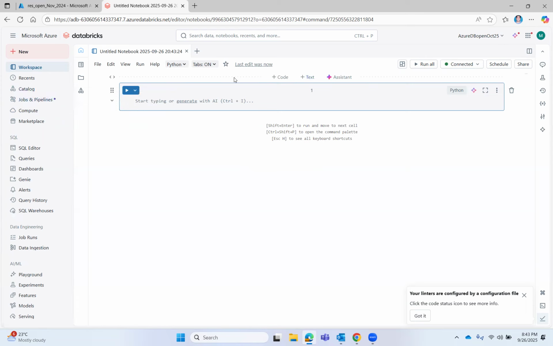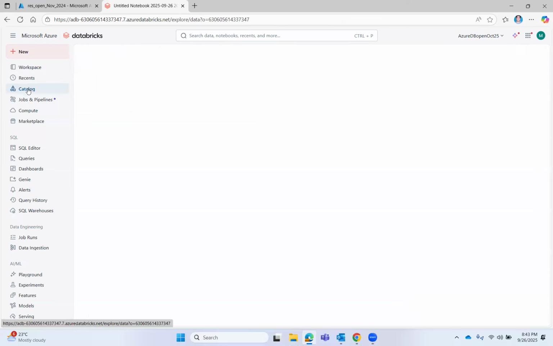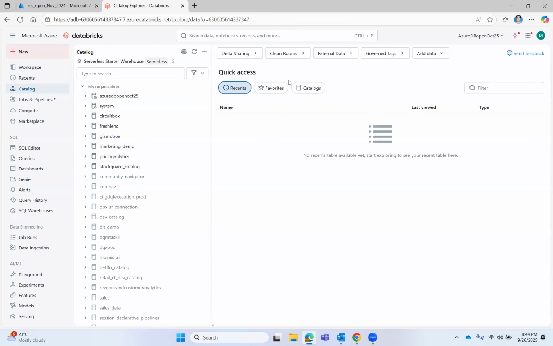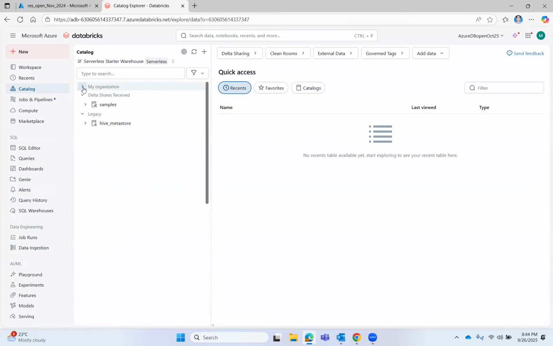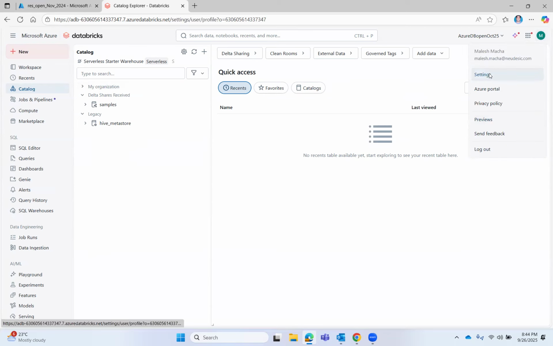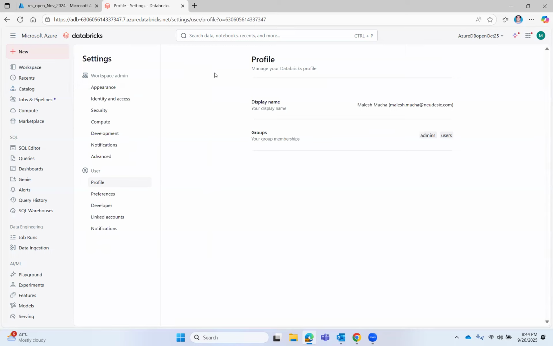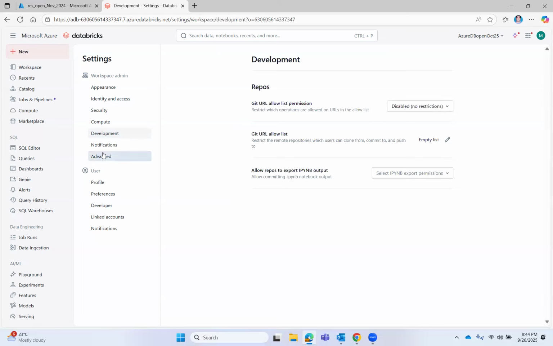One more thing, as I told you, we can also store files within Databricks. Where can we store the files? If you go to the catalog, you can see this is the database. You can create tables, but the option to upload files is disabled by default. You have to enable that option in order to store files within the Databricks environment. Where do you find that option? If you go to your settings, within that, I think in the advanced section,